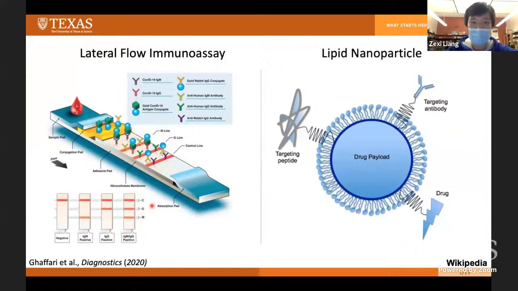Okay, so during the pandemic, we are very familiar with at least these two things. On the left, it shows a lateral flow immunoassay, which is